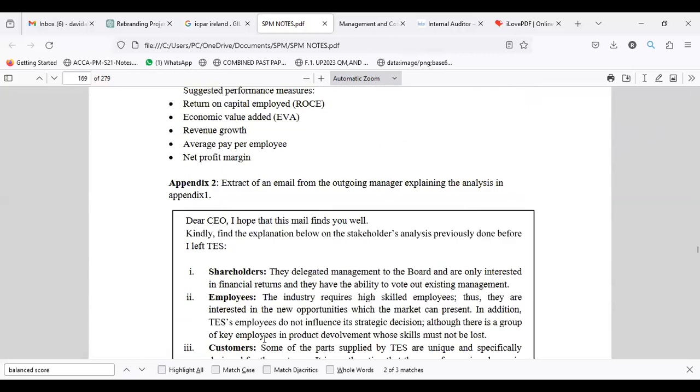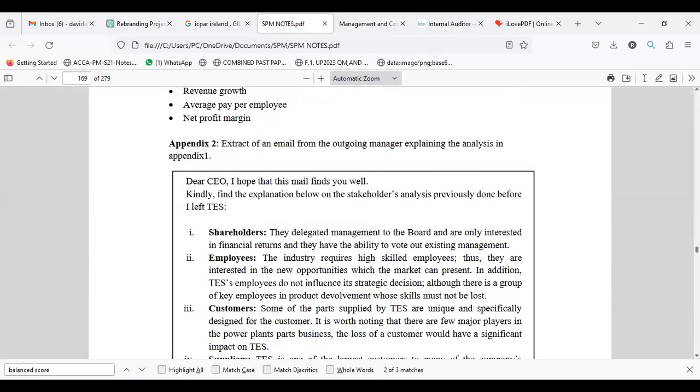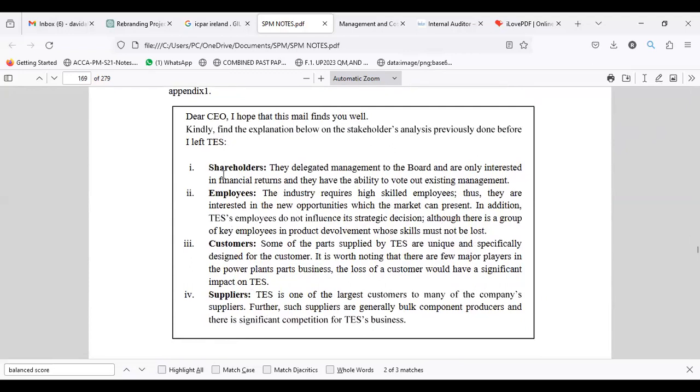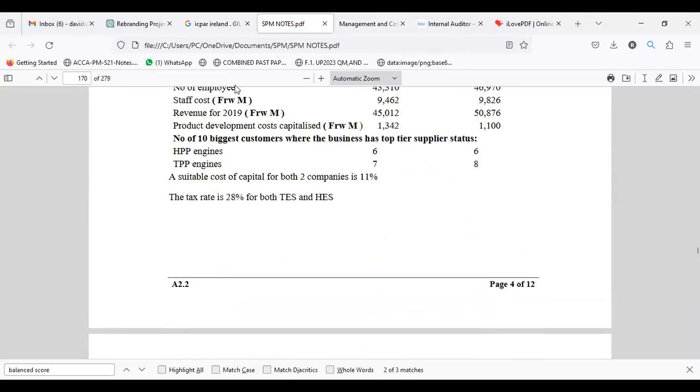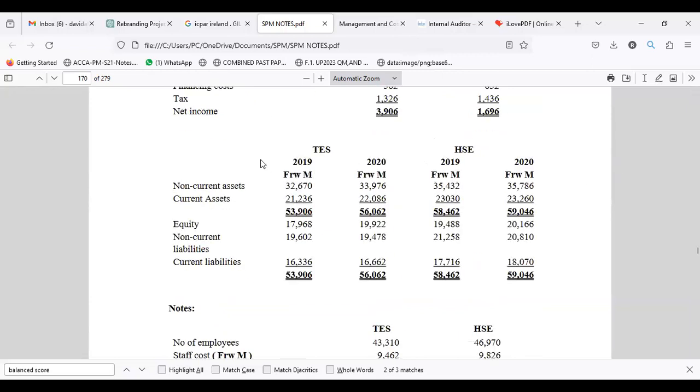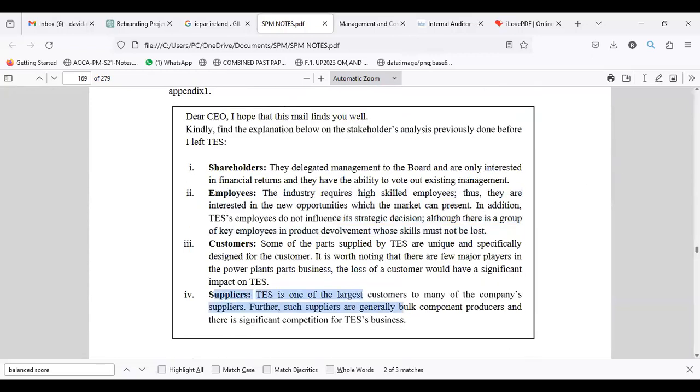There are the shareholders, employees, customers. This paragraph is giving you all those things. They're talking about the shareholders, talking about employees, which will be on the internal perspective, and of course the learning issues. Customers, of course, we will get that, and the suppliers will also be factored in. So all this, how the relation is, will give you that. Financials are all here; you could check the sales growth and all those cases.